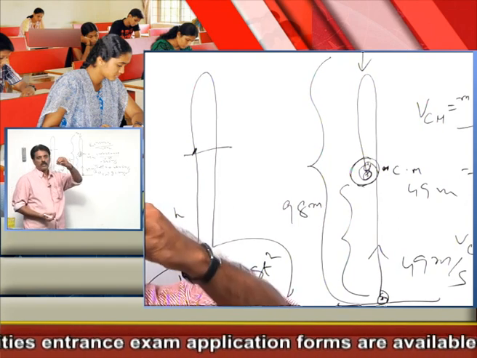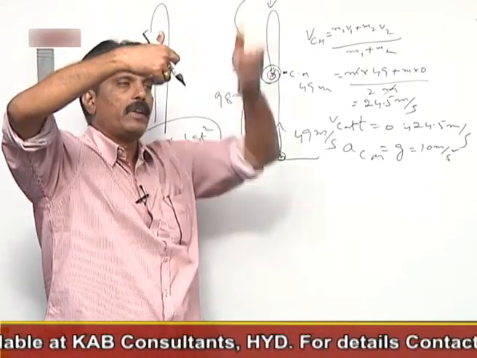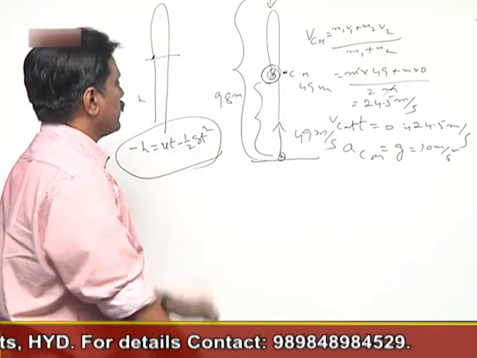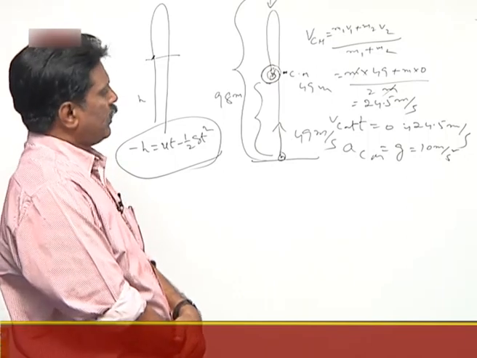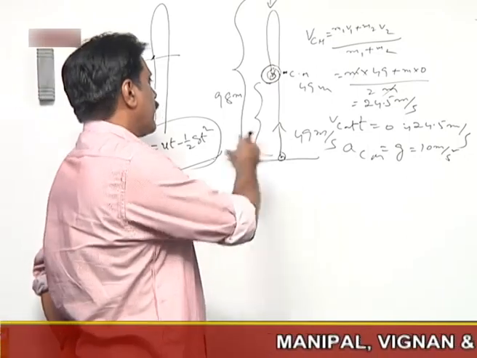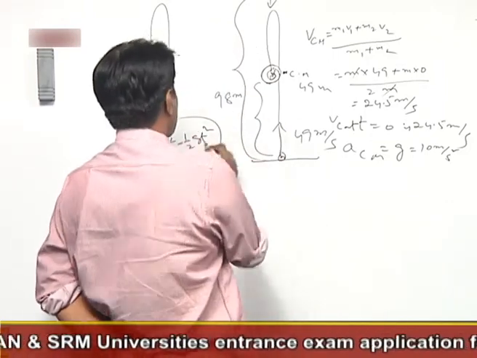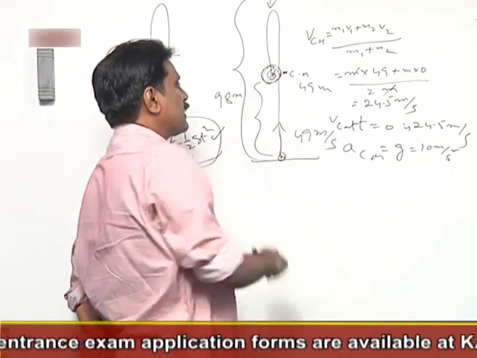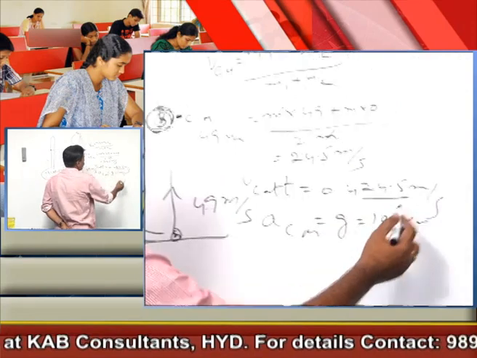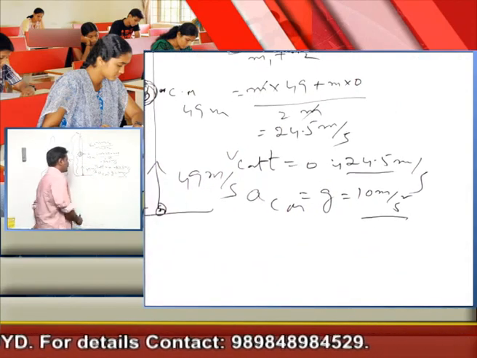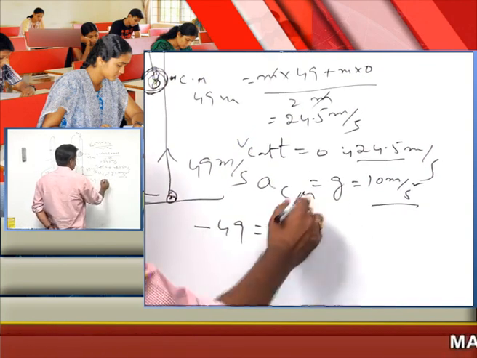From a height h, if you throw a body upwards with a velocity u, then the time taken for it to reach the ground is given by this equation, which can be applied here for the center of mass case also. How to solve this problem? We use this equation only, considering the two bodies as a single body representing the center of mass, whose initial velocity is 24.5 and whose acceleration is 10. Then minus h means minus 49 is equal to u, which is 24.5,